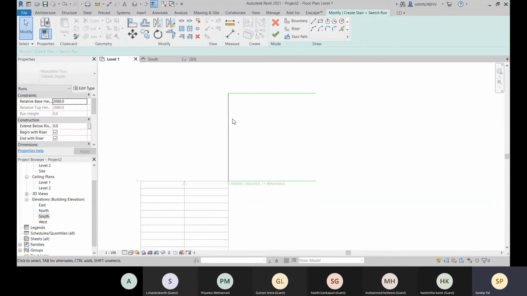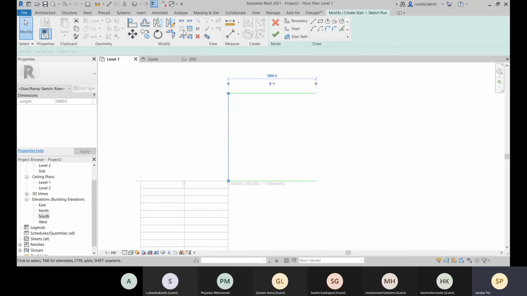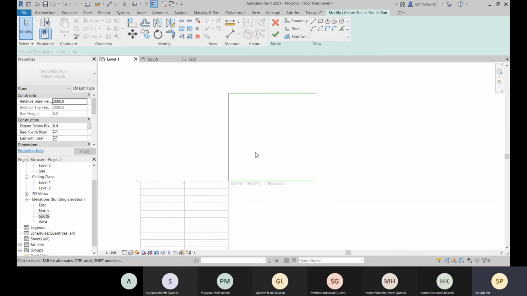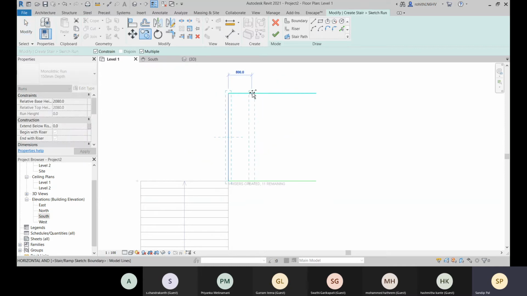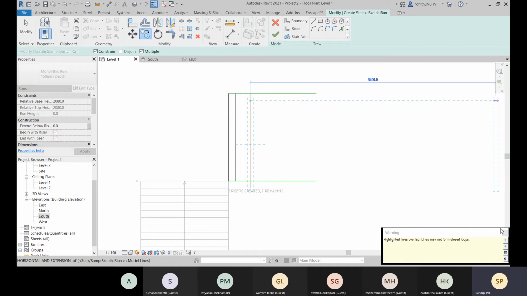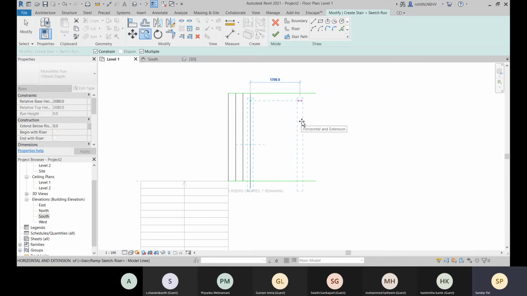So I think the array option will not work here. You select this, yes, the array option will not work here. So we have to go with this copy option. So this is over.